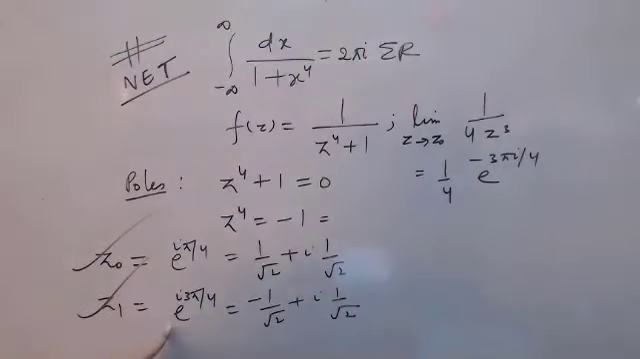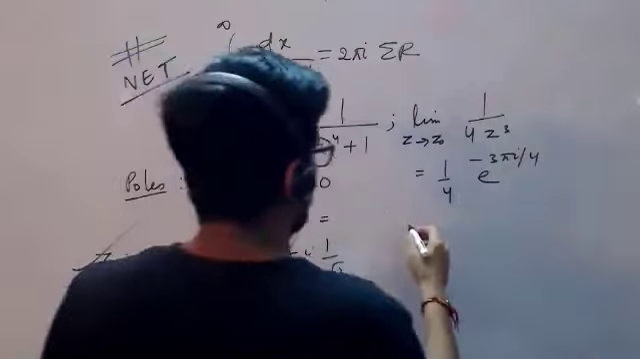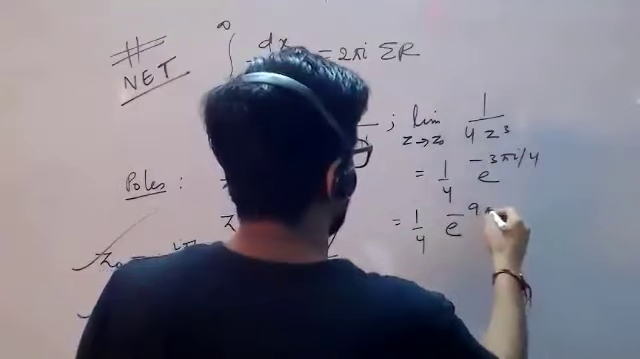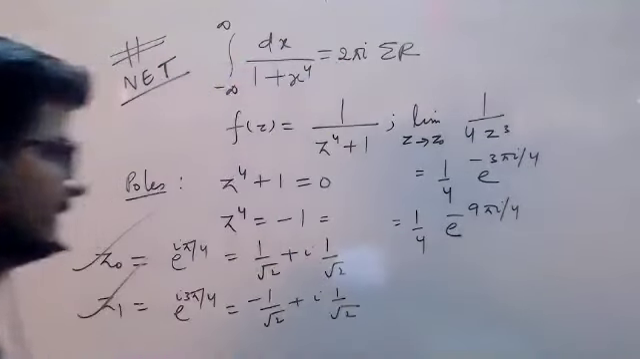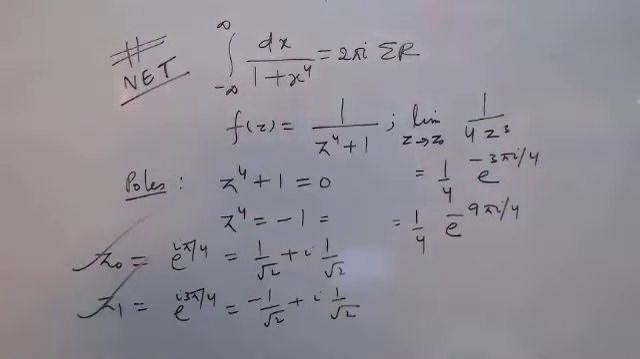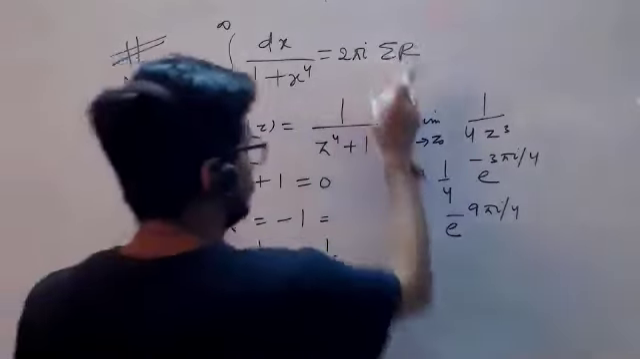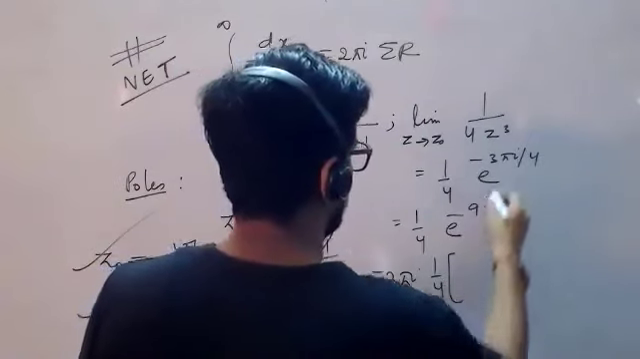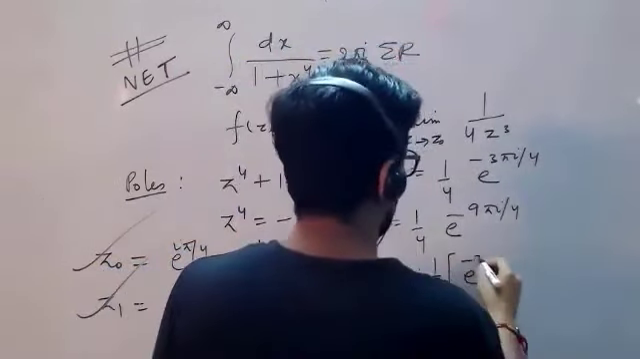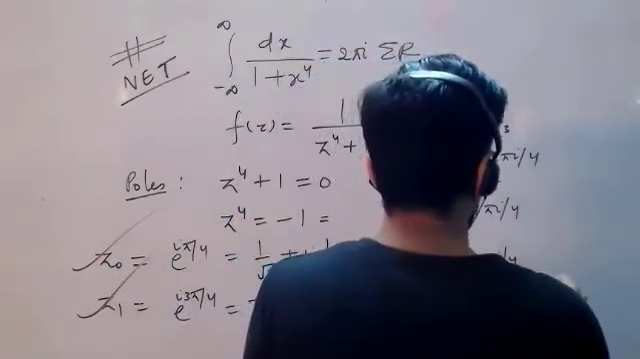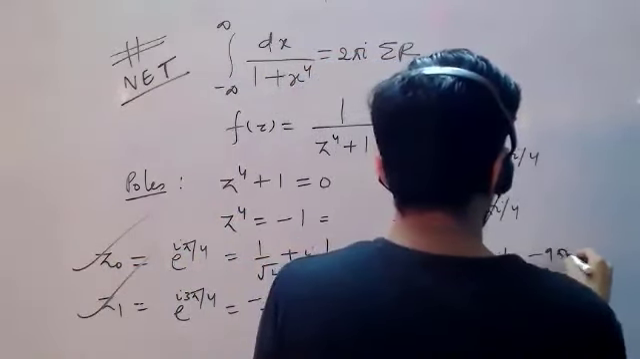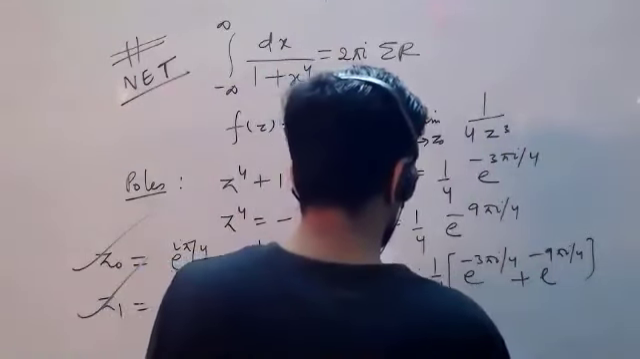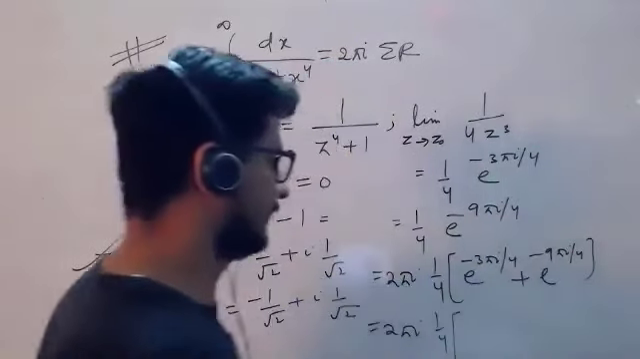And similarly, what about this? It will give me 1 by 4 e to the power minus 9 pi I by 4. Please check this. And now finally this 2 pi I, this plus this, e to the power minus 3 pi I by 4 plus e to the power minus 9 pi I by 4. This will become 2 pi I, 1 by 4, and